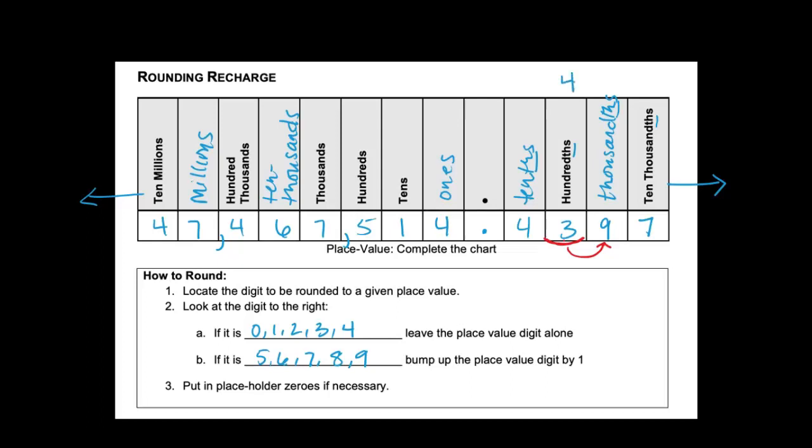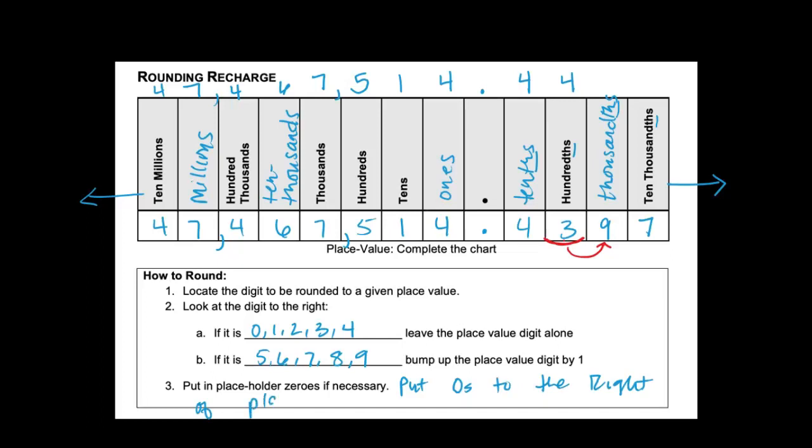And then step 3, put in placeholder zeros if necessary. So what does that mean? Well, everything to the left of the number you're rounding, that all stays the same. So I'm going to write all of those digits up here. I just copy those down. Those all stay the exact same. And I can put commas in between. There we go. And then the placeholder digits are going to go to the right of the place value that we rounded. So put zeros to the right